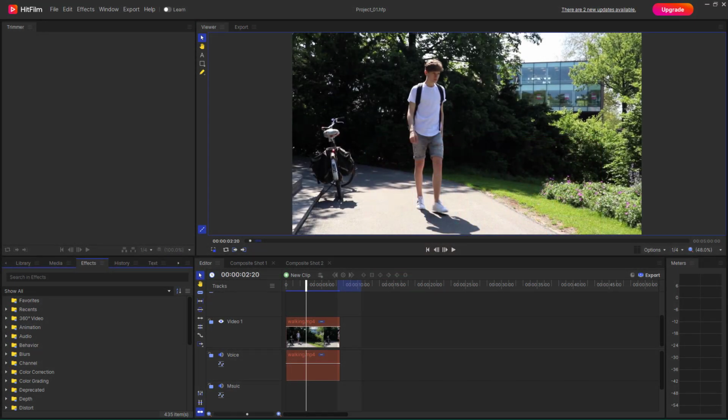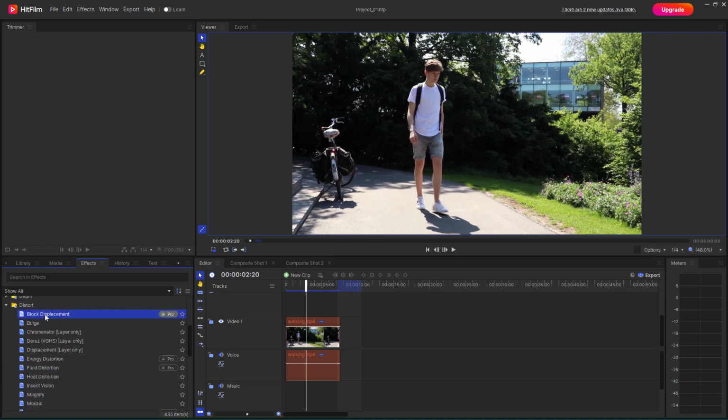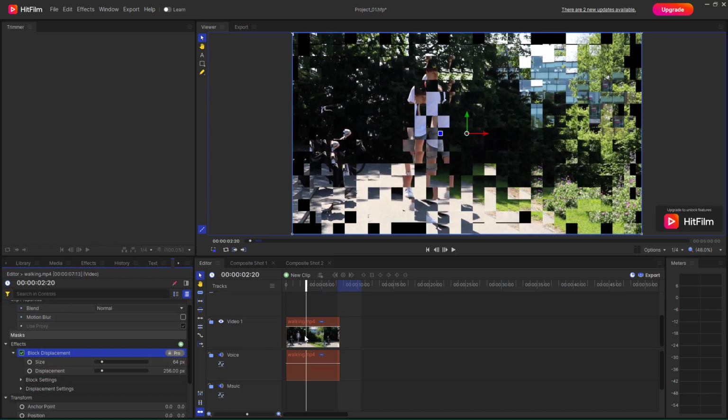So now let's see how we can work around with block displacement and bulge effect inside of HitFilm. To do that, over here under effects, you need to go under the distort section right here. Let me go under the distort section, and over here you can see that block displacement is an option. So if I were to click and drag this out over here, then what happens is